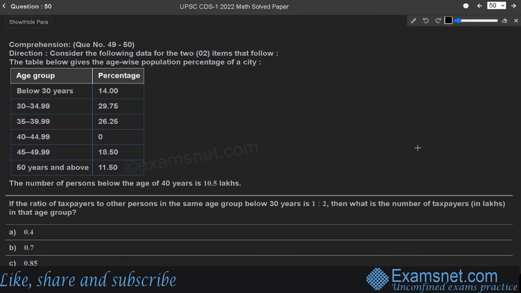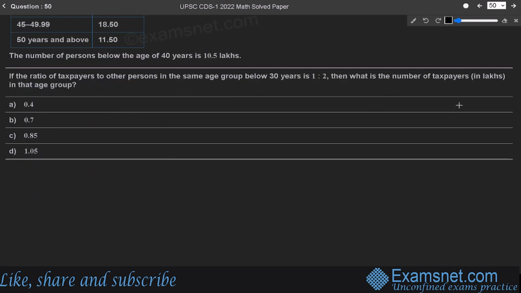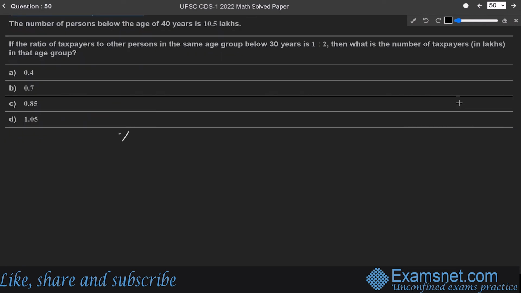Next question also consists of the same direction, but in this question we have to find, if the ratio of taxpayers to other persons in the same age group below 30 years is 1:2, then what is the number of taxpayers in lakhs in that age group? Again, the total number of people below the age of 40 is 10.5 lakhs, and we know the formula for percentage. Percentage is equal to value upon total value